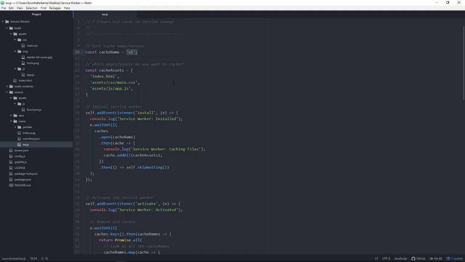So basically we start a new cache, and that's going to be this v1, and then with that cache we're going to say that we're caching the files. We add all of the cache assets, which is here. So cache is a sort of key name that's given for the service workers so that you can use that. So we add all of the cache assets, and then once that is finished,